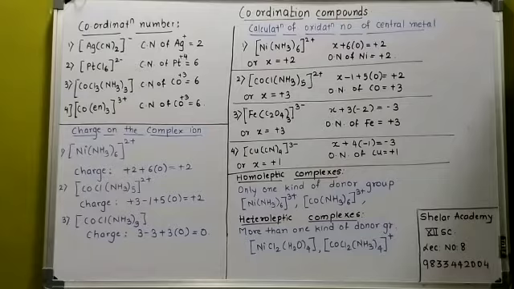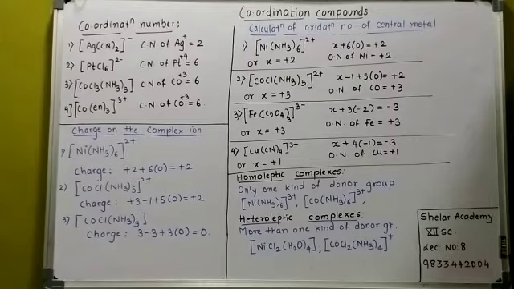When I gave you the example and the definitions in the last lecture, we saw coordination number. The total number of ligands which are attached to the central metal ion is called the coordination number of the particular ion. In other words, a coordination number is the number of ligands in the coordination sphere of the complex compound. It's a more complicated definition. In very simple words, I can say how many ligands, the total number of ligands, on both sides, that is equal to the coordination number.